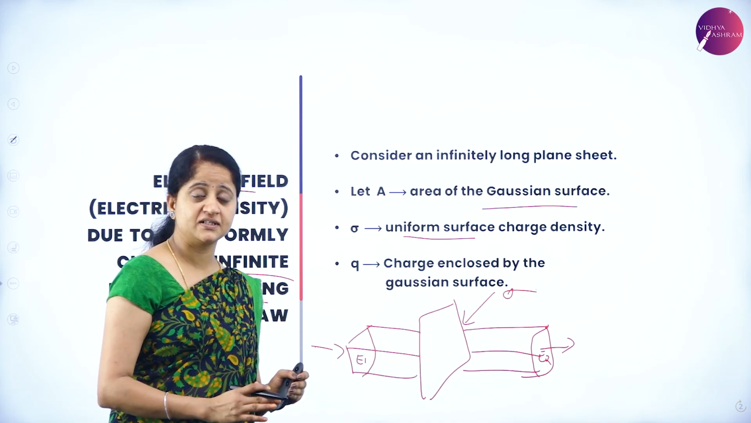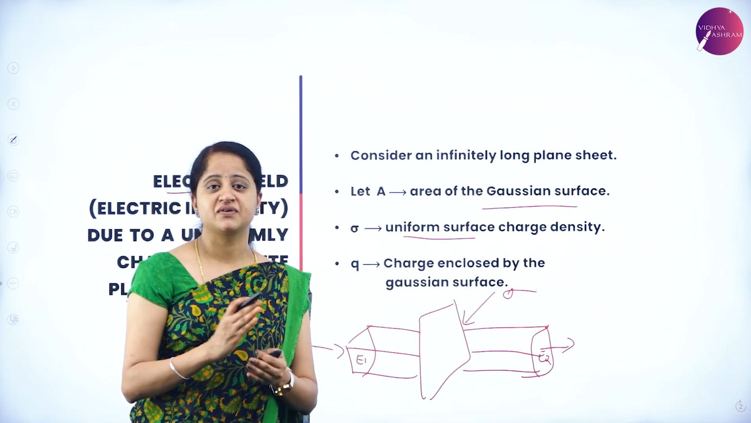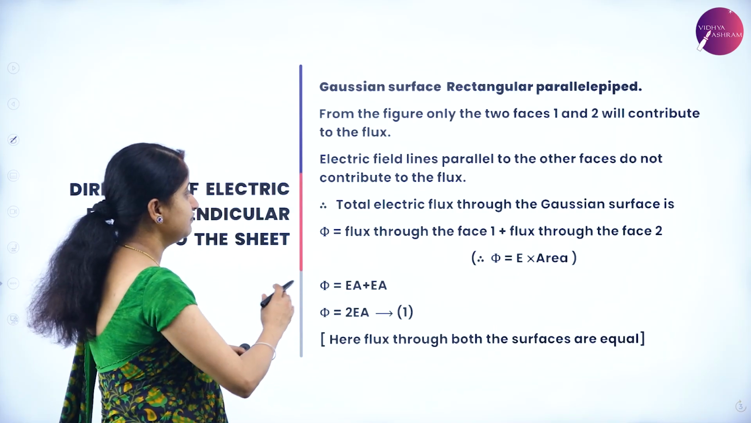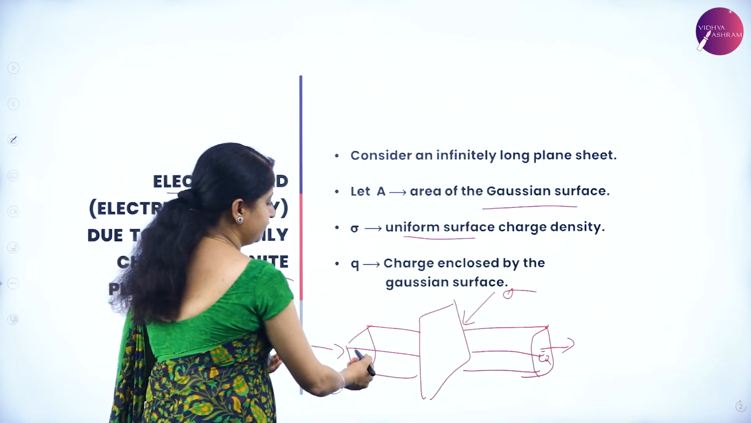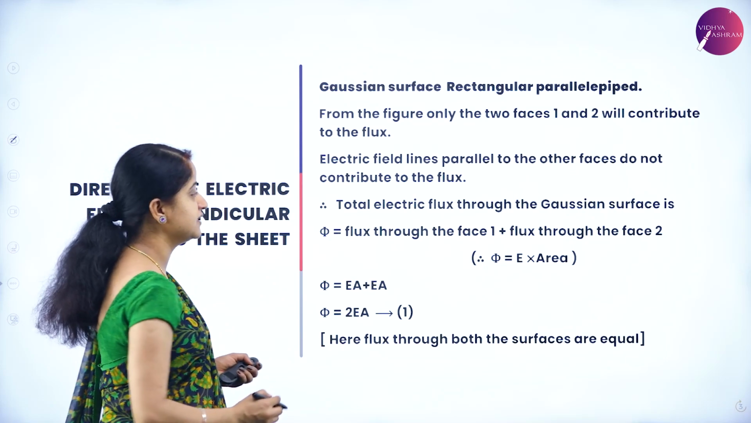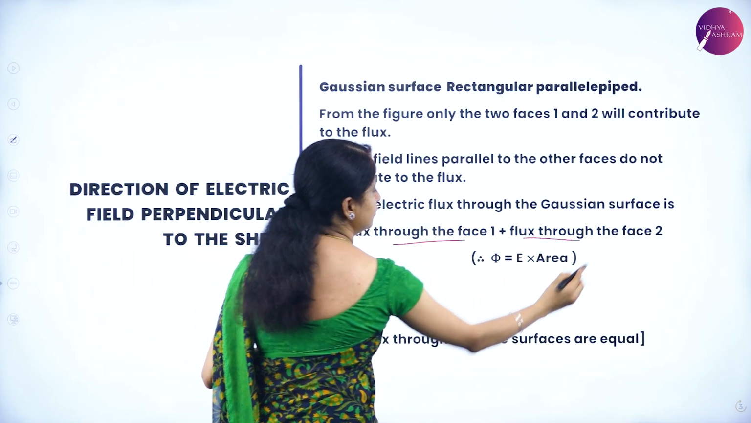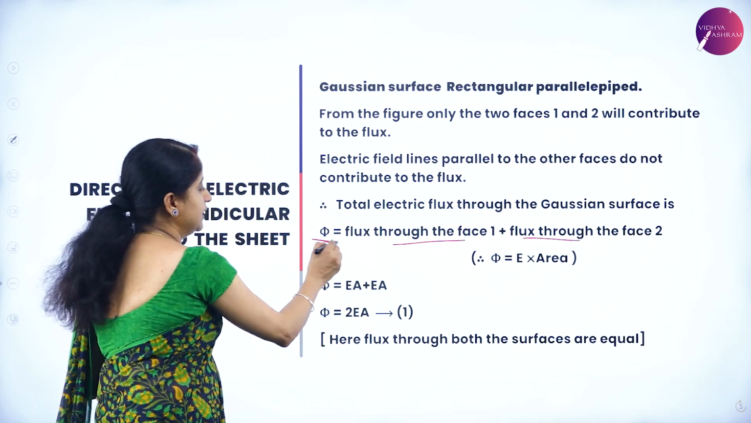We all know what is Gaussian surface. I have told you in the previous session, it is an imaginary surface where the Gauss law is applicable. So from the figure we can see that only face 1 and face 2, the two faces at the ends, are contributing to the electric flux. So the electric flux through face 1 plus the electric flux through face 2 gives rise to the total electric flux